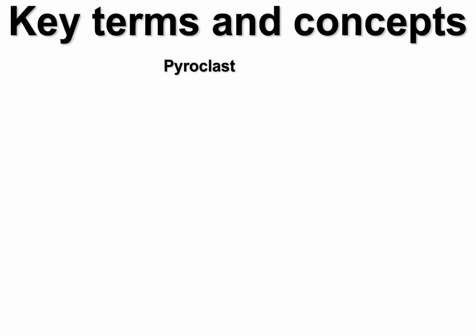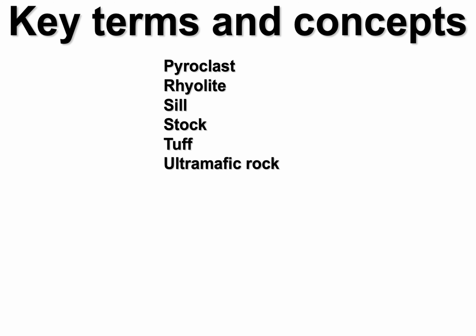I showed you also what a pyroclast is, a rhyolite, a sill, a stock, a tuff. We were also talking about ultramafic rocks, about veins, about the viscosity of a melt, about volcanic ash, and that was it for this